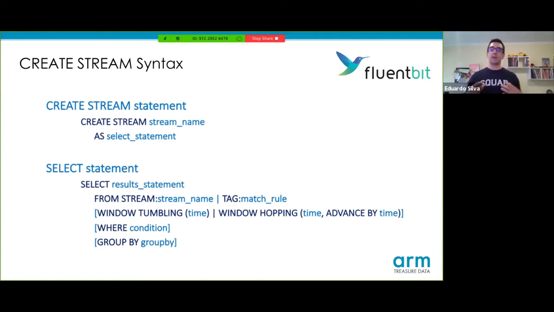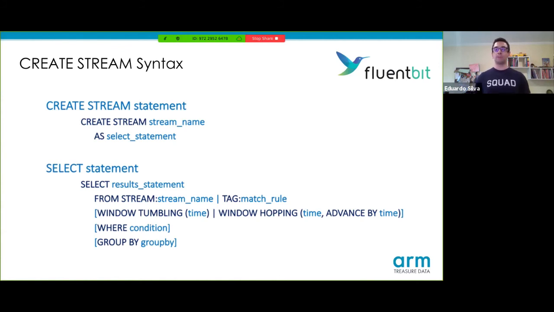But actually, the things that you can do that are really fun is, for example, create a stream for data that is flowing from an input plugin, like tail or forward. You can say, create a new stream using a query, meaning select all the keys that match a certain criteria and create a new stream of data. And that new stream becomes a new input of data inside Fluent Bit, and you can route that everywhere. So you can imagine that you can create alerting, you can create special functions to try to detect anomalies,